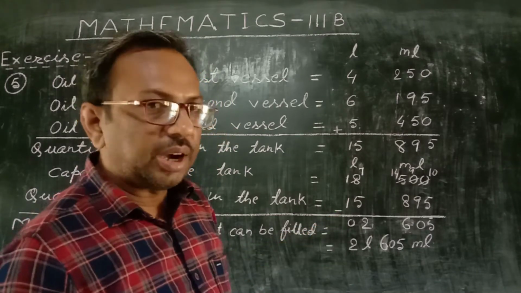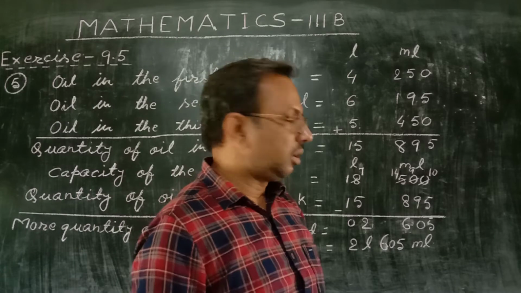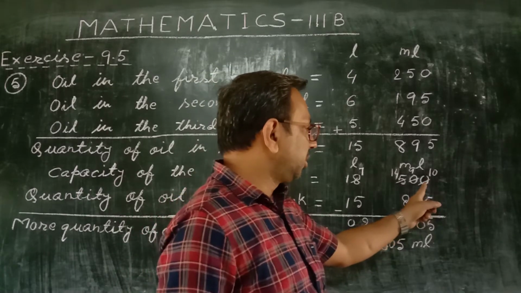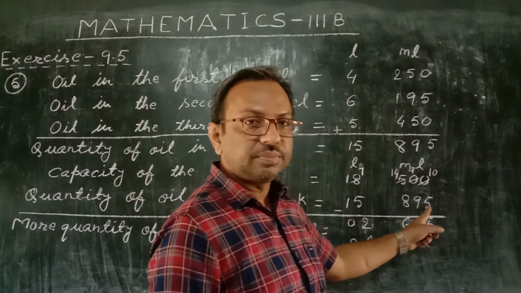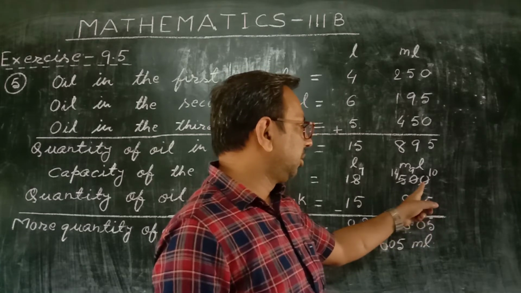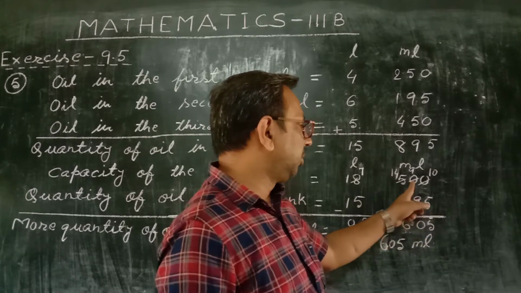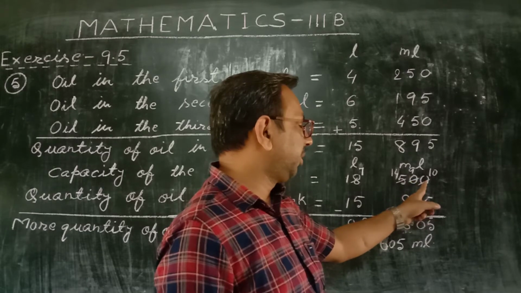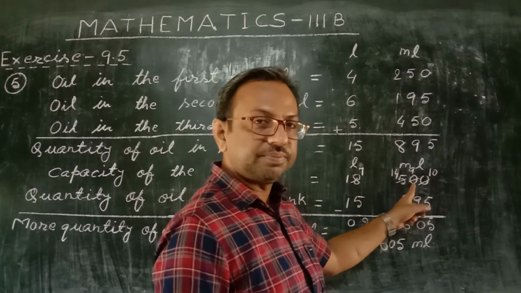First of all, we will subtract the column of milliliter. Once subtraction of ones place, here is 0, here is 5. So the subtraction is not possible. We will make it greater than 5. For that we will take 1 from this 0. It became 10 and here 9 is left.